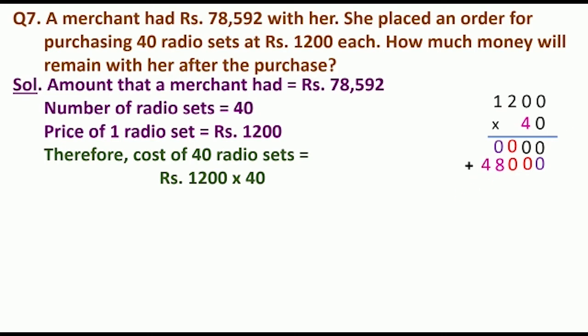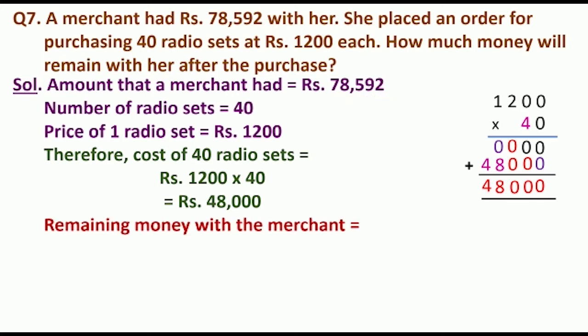Now we will add all the numbers. So 0 plus 0 will be 0, 0 plus 0 will be 0, 0 plus 0 will be 0, 0 plus 8 will be 8 and 4. Okay, so after multiplying here we are getting 48,000. Okay, so cost of 40 radio sets will be equal to rupees 48,000. Now we need to find the money remaining with her after the purchase. So what we have to do, we have to subtract this 48,000 from this